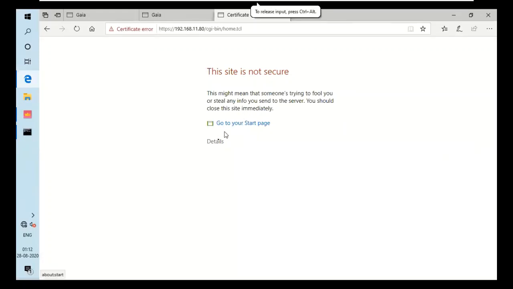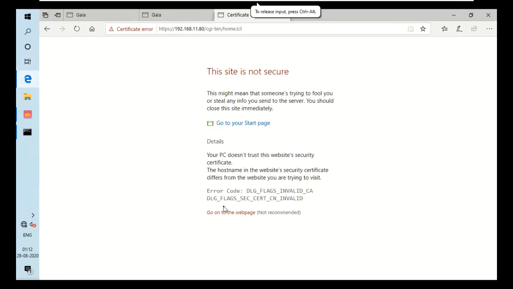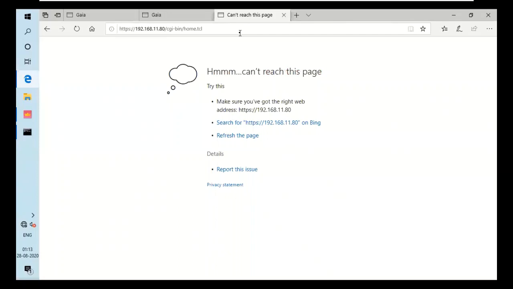It loaded again. So I think it has some communication issues. Let's try it again. I will hit enter again.